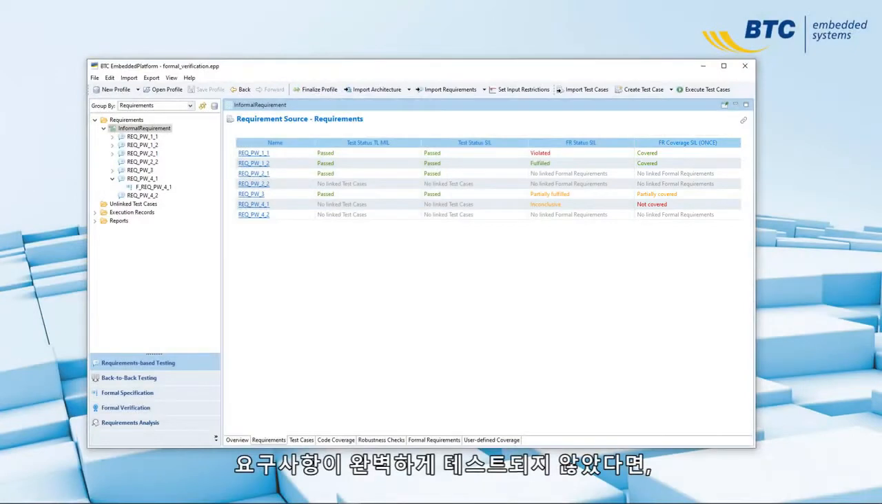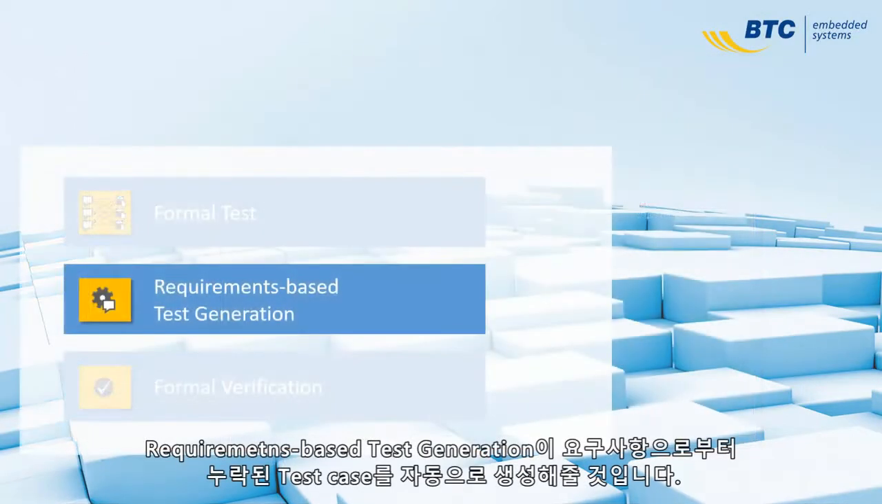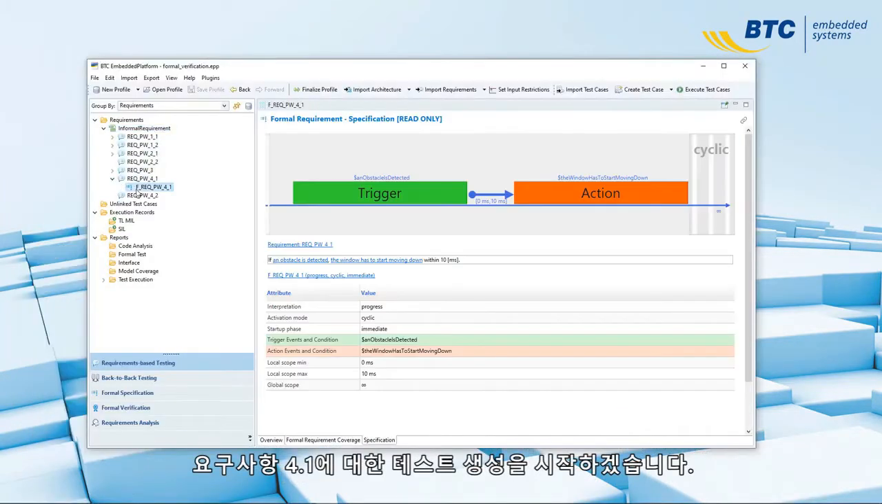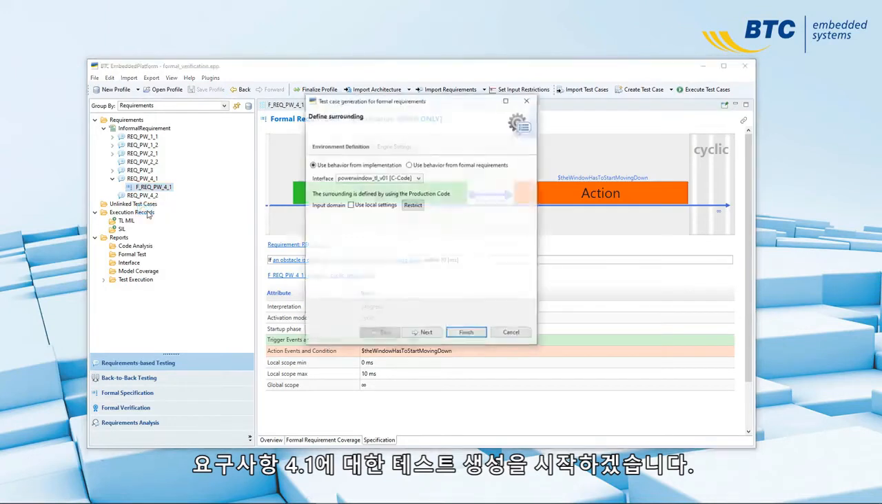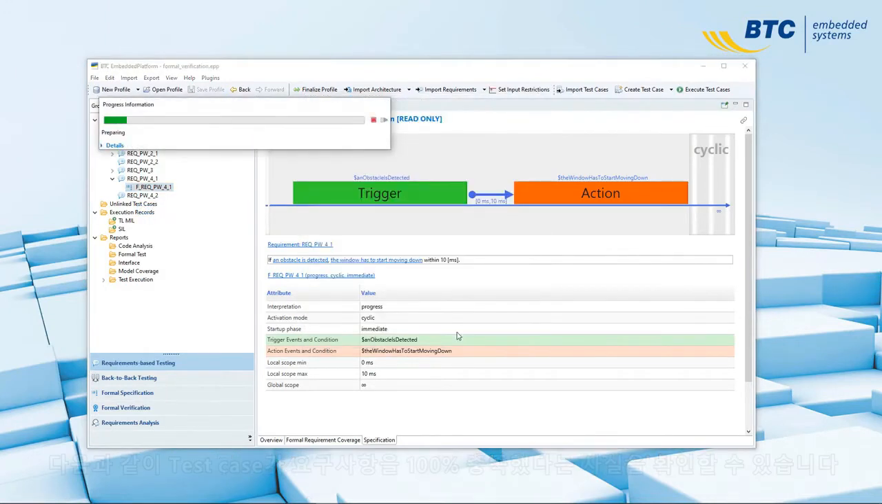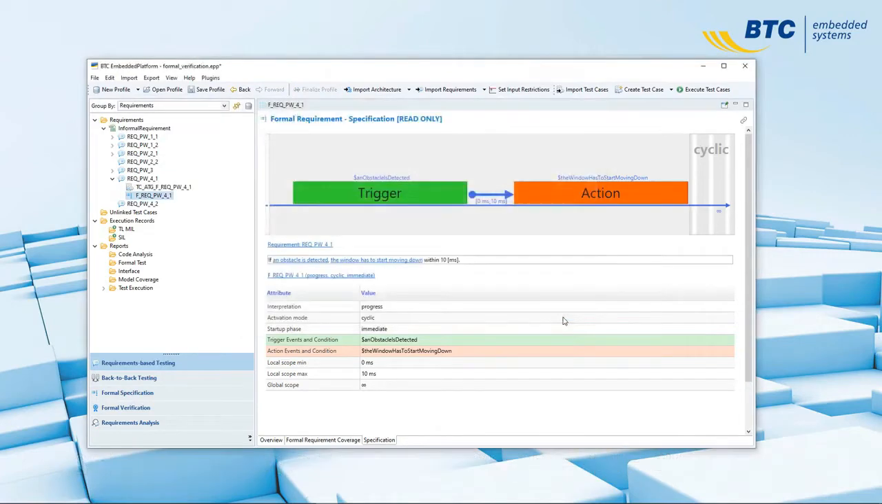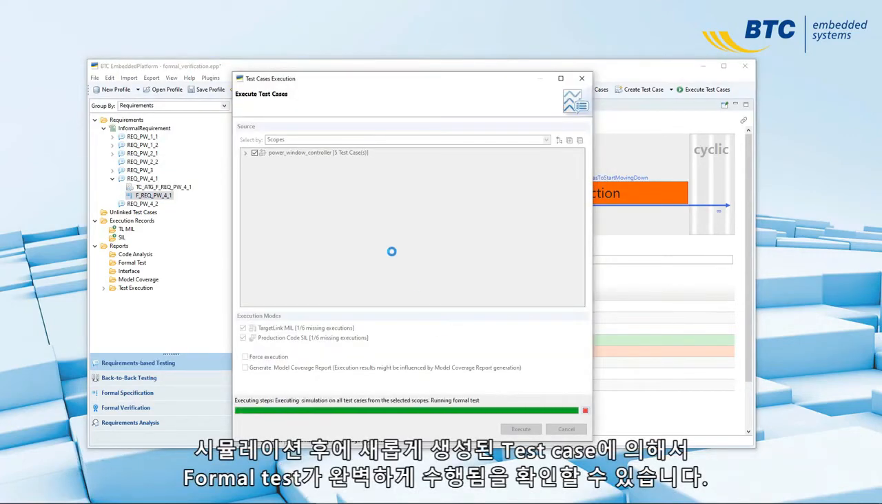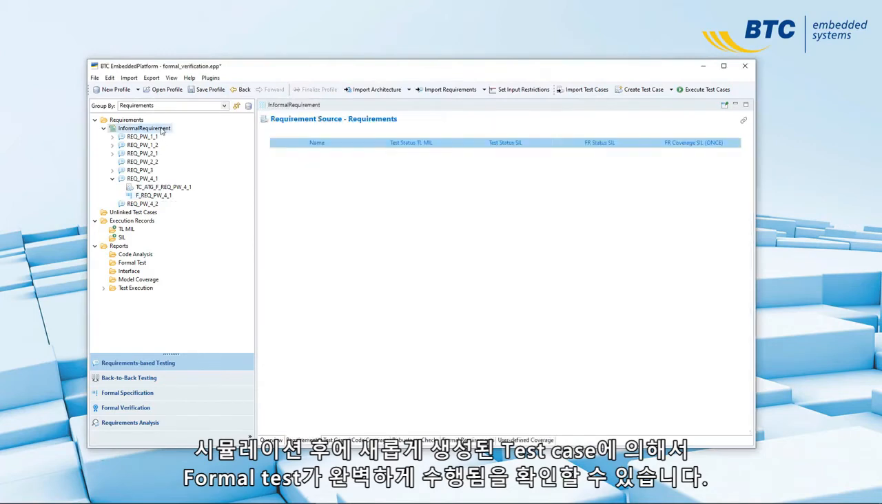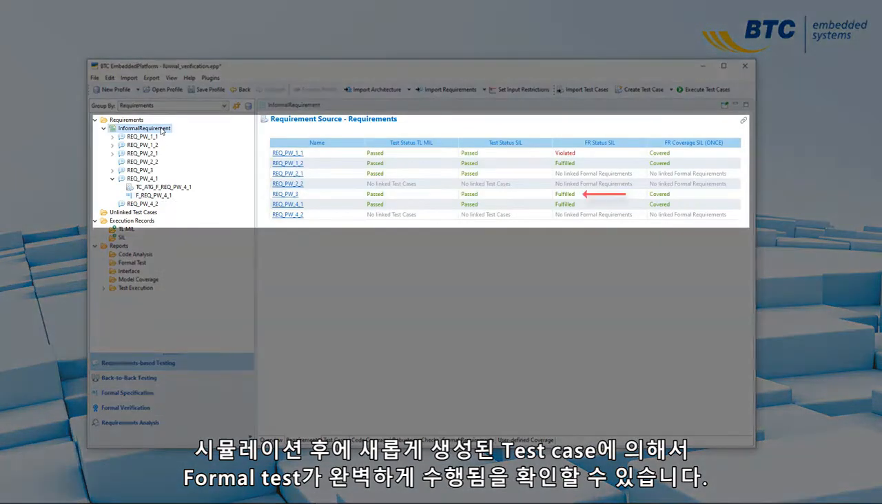If a requirement is not fully tested, our second use case allows you to automatically generate missing test cases from the requirements. In this example, we start the test generation for requirement 4.1, and we can see that one test case is enough to deliver 100% requirements coverage. After a simulation, we can see that the formal test status has changed from inconclusive to fulfilled due to the